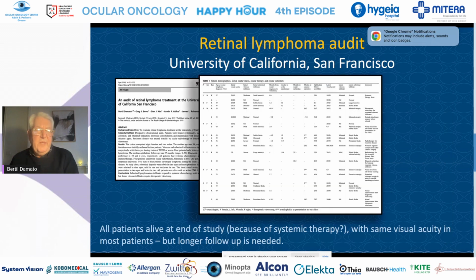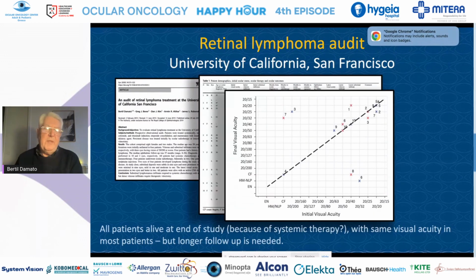So there were about 12 patients, I think 10 or 12, whom I treated together with Dr. Rubinstein from the beginning until the time when I left. Most of them kept about the same vision as they presented with, with systemic treatment and occasionally therapeutic vitrectomy, and in a few patients, I don't remember the exact number, intravitreal treatment of some sort. In two patients, the vision improved because we removed the vitreous infiltrates.